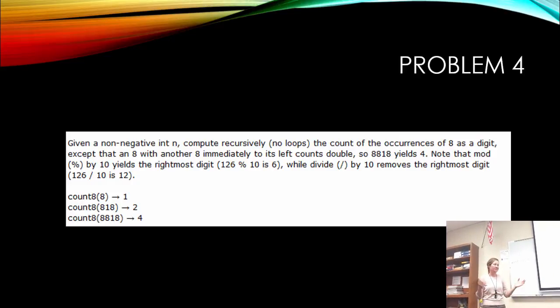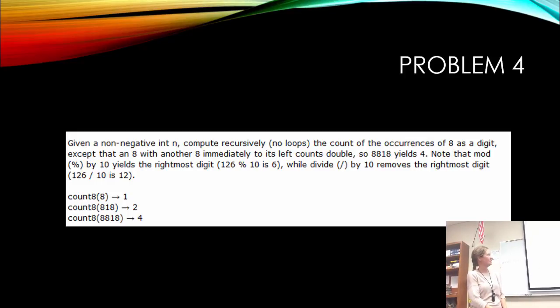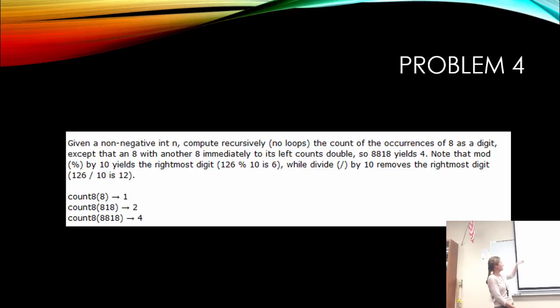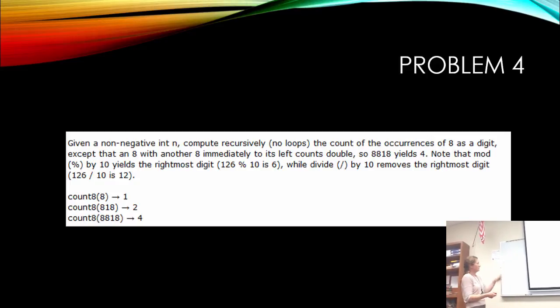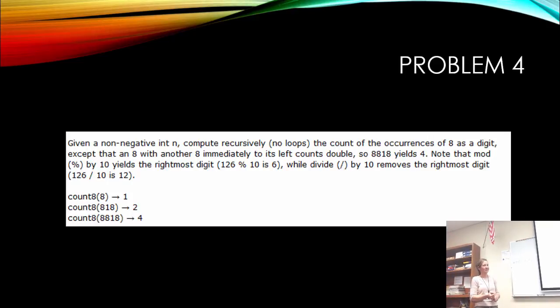Why do we even have recursion? We'll go into that. But the count of the occurrences of 8 as a digit, except that an 8 with another 8 immediately to its left counts double. So 8818 yields 4. Note that mod by 10 yields the rightmost digit, and you guys should know that.